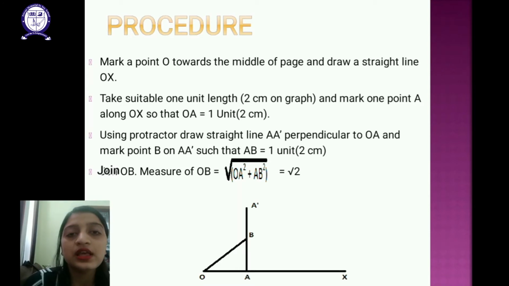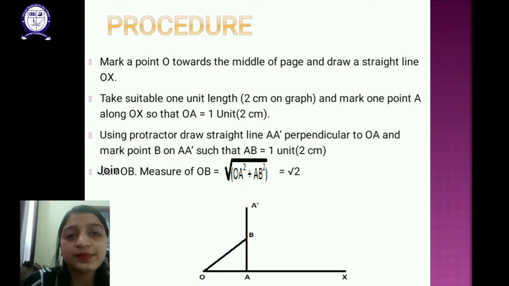You can see that in your graph paper you have certain boxes of 1 centimeter by 1 centimeter, right? You have squares of 1 centimeter side, and it's saying that take 2 centimeter as 1 unit, because when you draw the square root spiral with 2 centimeter as 1 unit, it will be neat and clean. With 1 centimeter as 1 unit, the graph will be very small and it will not look good. So you should take 2 centimeter as 1 unit.